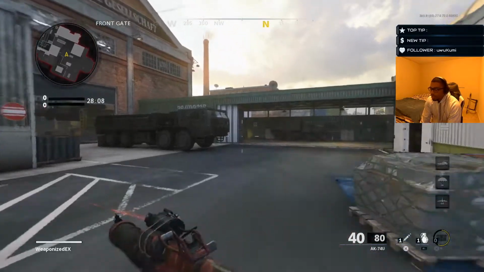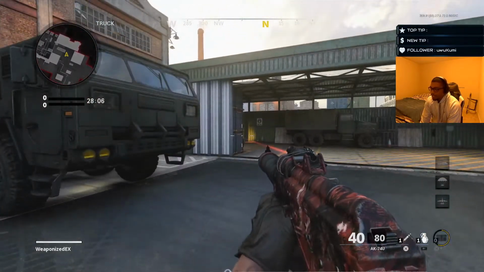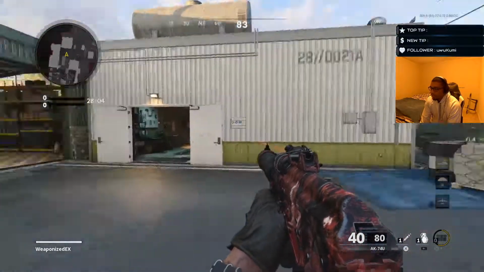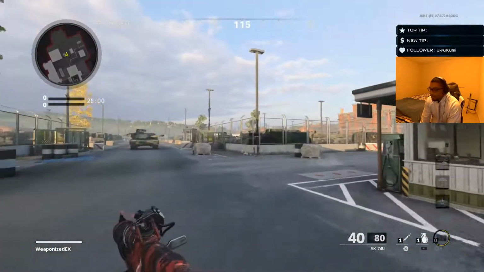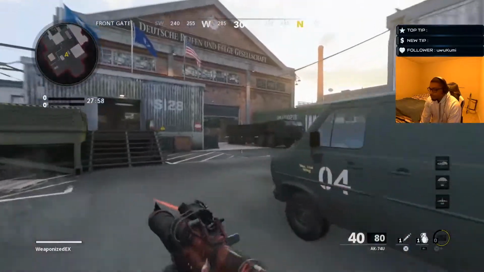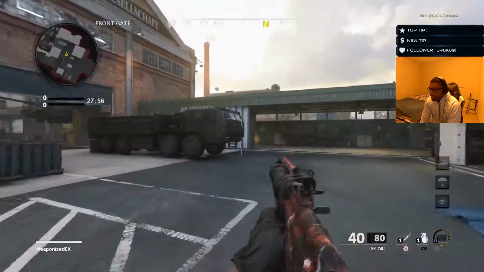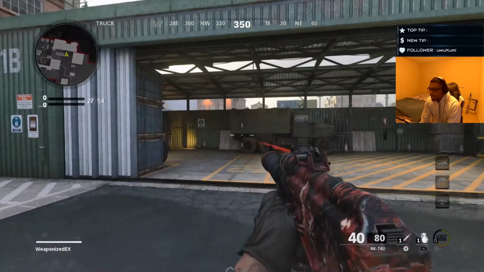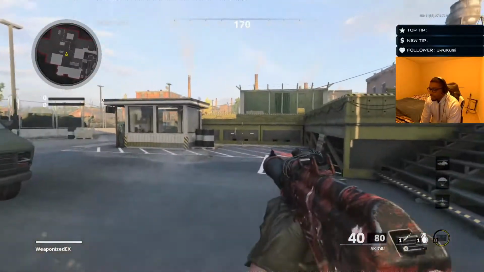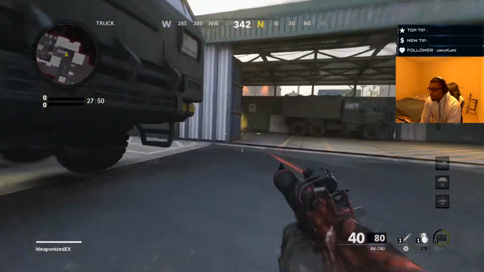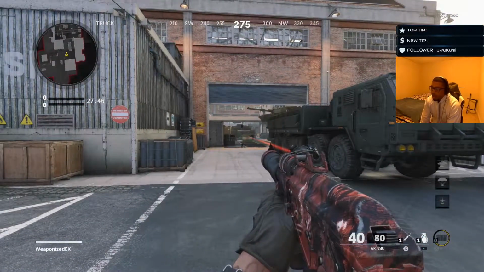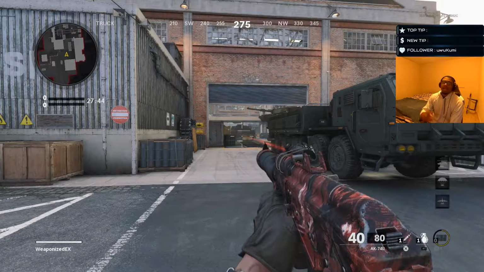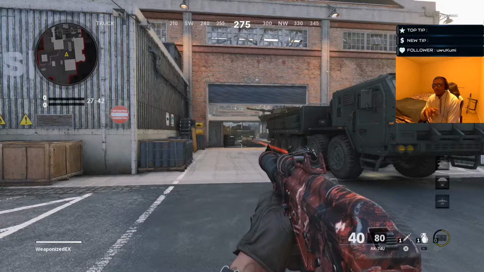So you're literally gonna sprint, you're gonna slide, and then jump. It's literally just gonna cancel the standing up animation and just kind of pop you out of it. So you're gonna run, slide, jump, run, slide, jump, run, slide, jump. That's literally it. It's super easy to do, but there's two huge mistakes people make with slide